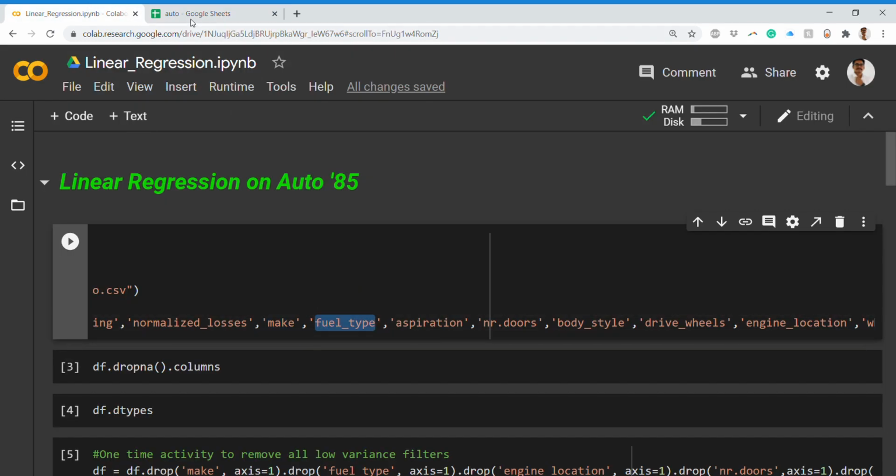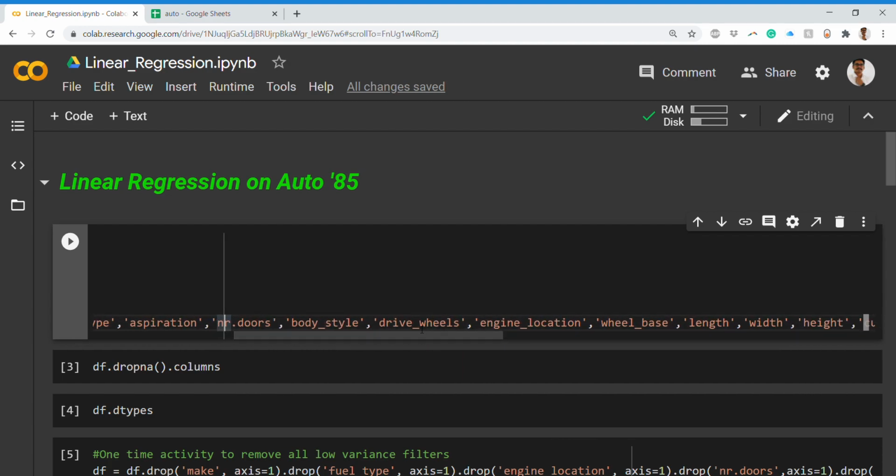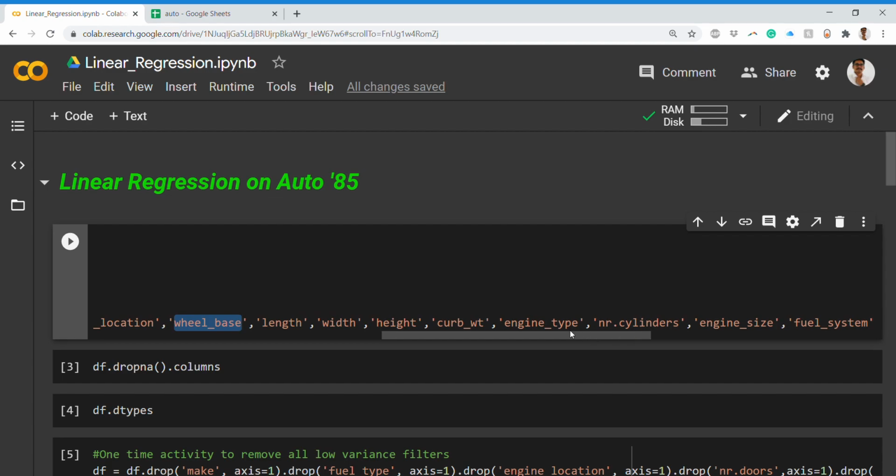Then you have the fuel type. That particular automobile, whether it runs on gas or diesel or any other. So that is basically this fuel type. Then you have aspiration. Then you have the number of doors. Then body style. Then the drive wheels, engine location, wheelbase, length, width, height, curb weight, engine type, number